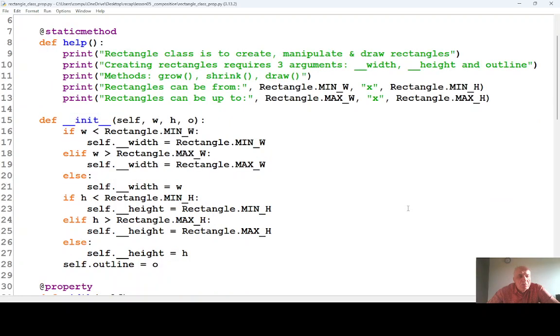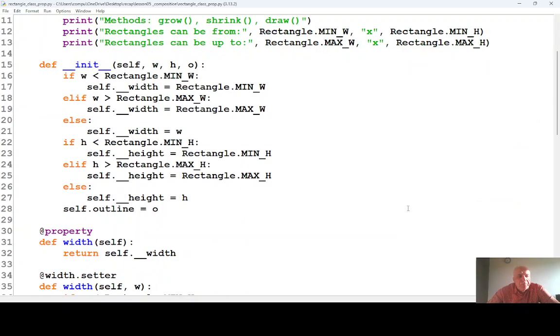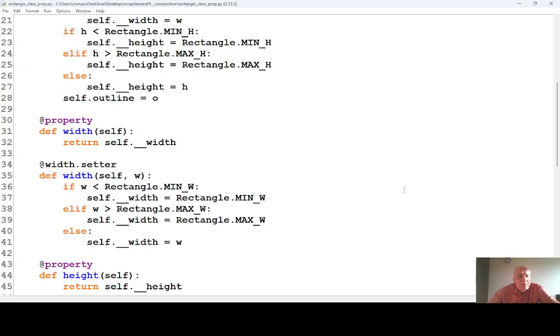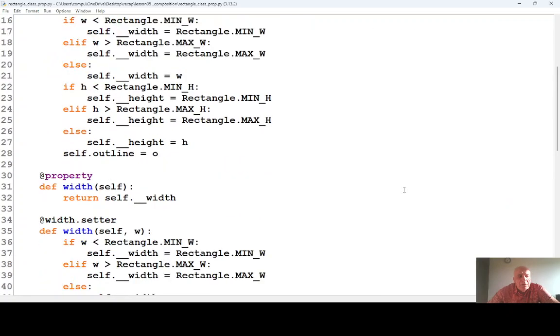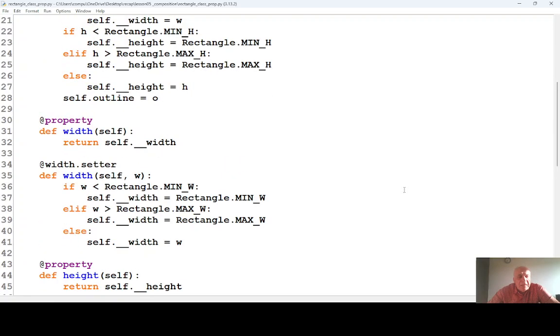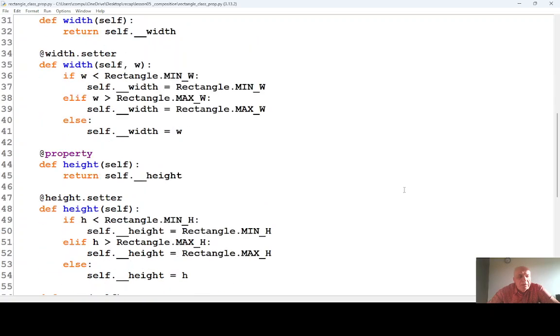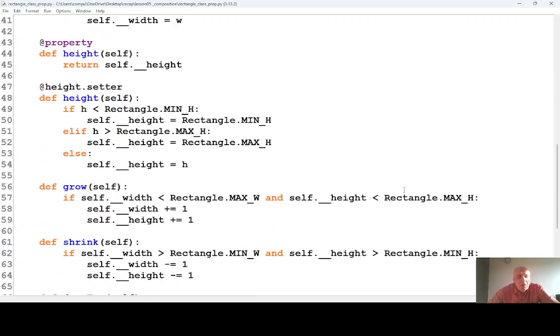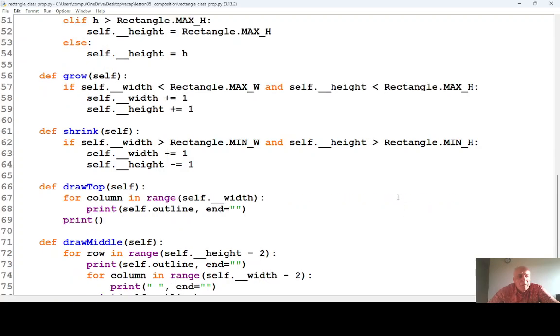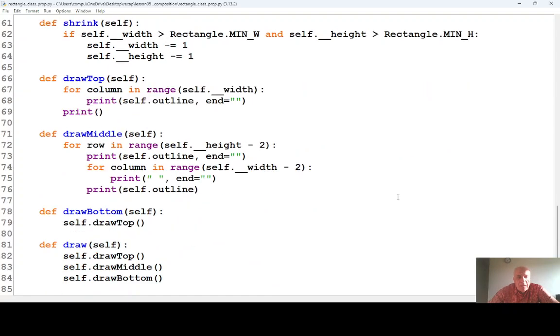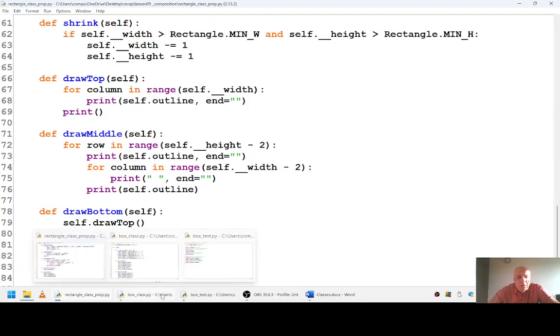I can scroll and show you my existing rectangle class: constructor, getter, setter, another getter, another setter, grow, shrink, and drawing methods. So I'm trying to now reuse